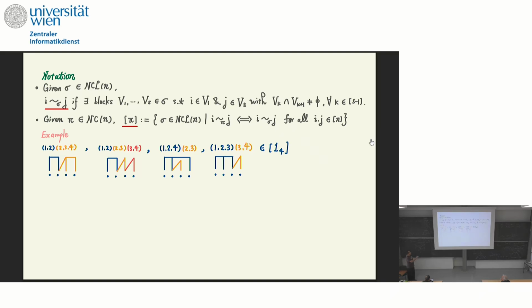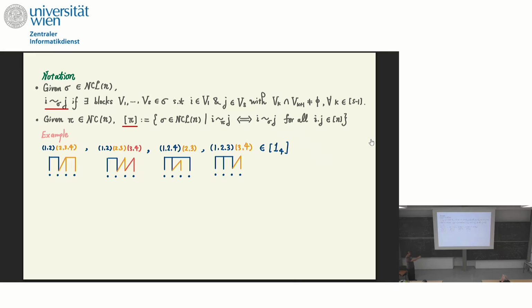Move on. And we consider, for any non-crossing partition, using this notation, we're collecting all the possible non-crossing linked partitions that satisfy this relation: I and J are in the same block in the sense of pi. But actually, we only care about the case where pi is a whole partition, which means we only care about the case of 1 and n, and in the example of n equal to 4, we only care about those things.